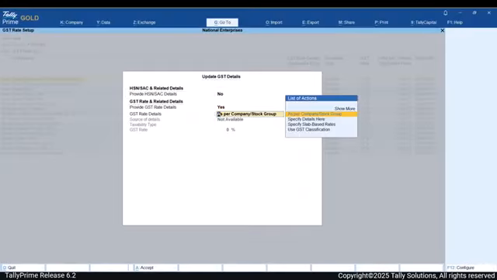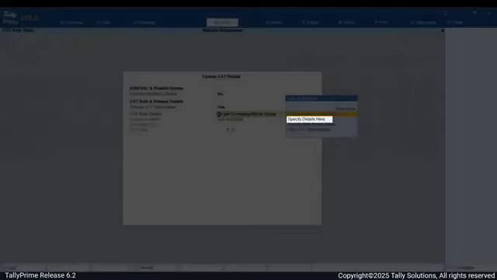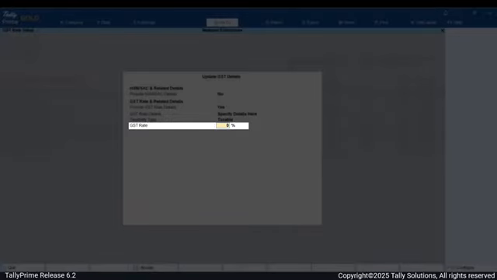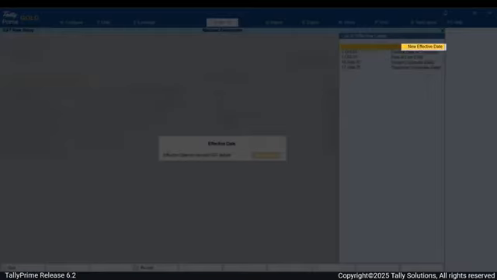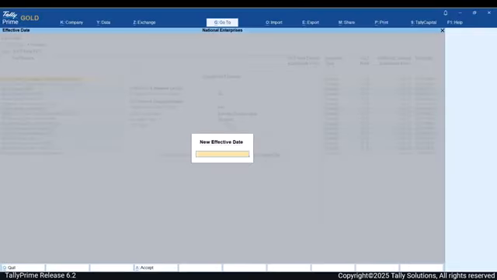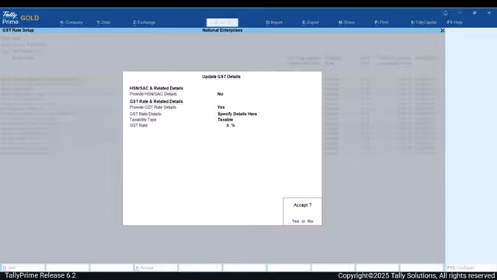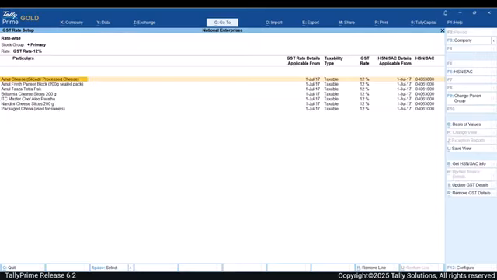In the GST rate details field, select the option Specify Details here. Enter the GST rate. Select New Effective Date option and enter the applicable date for the rate change. Save the changes. As you can see, the selected items have moved from the 12% tax rate section.